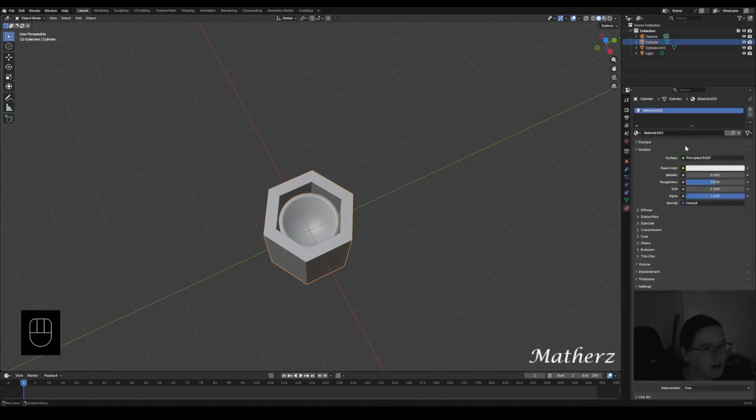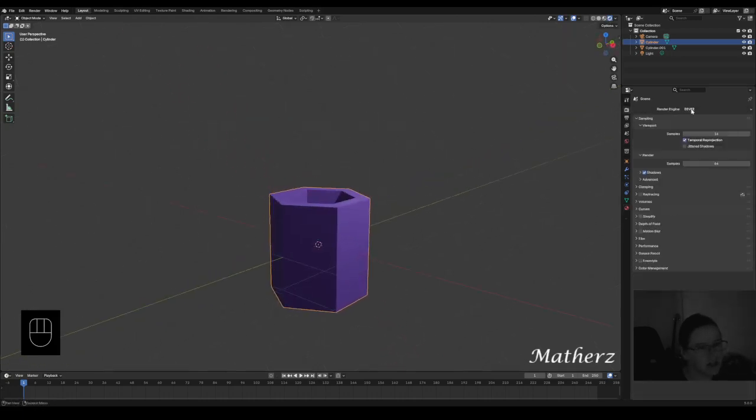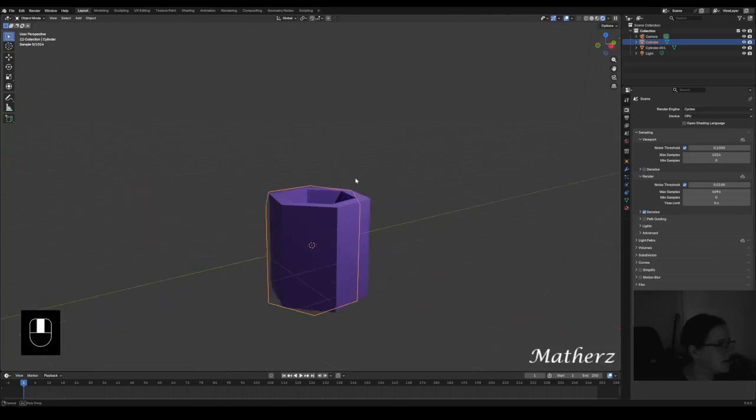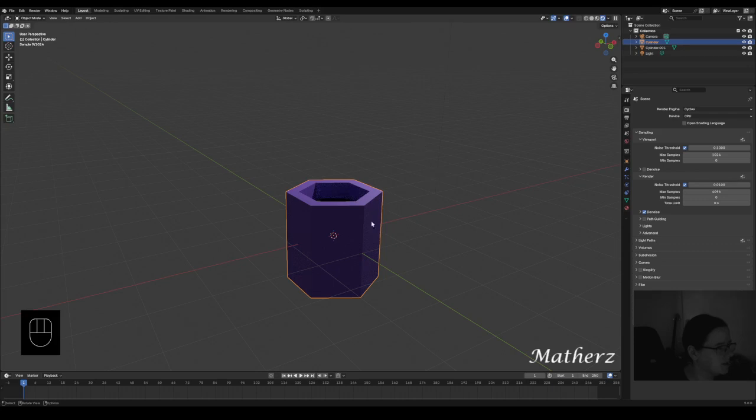And then for the outer one you can go ahead and we can do purple or something like that. So in the end you should have something like this. Don't forget to change your render engine to cycles. And yeah, that's a basic bin for a little bit of a prop